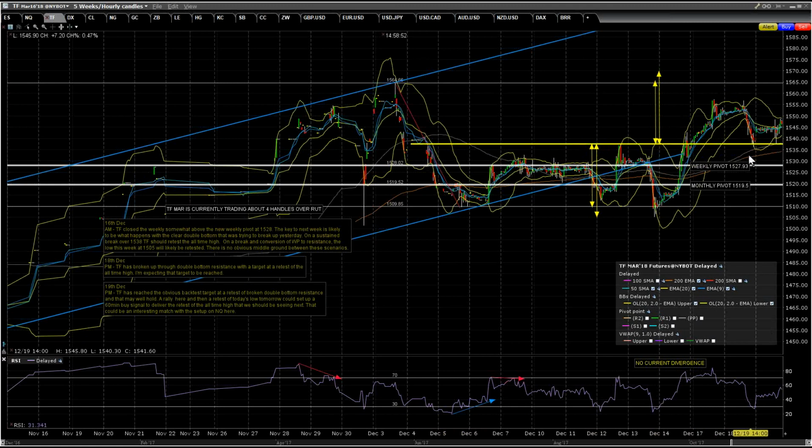Had we done a full retest of yesterday's low, which we didn't quite manage this morning, which was a shame, we'd already be on the 60-minute buy signal. As it is, I suspect the short-term low is in on TF, and we're heading up. We shall see whether I'm right. All right, that wraps up indices. Let's have a look